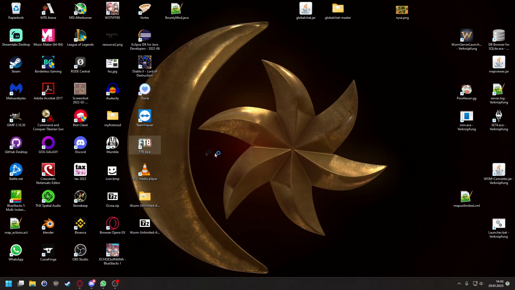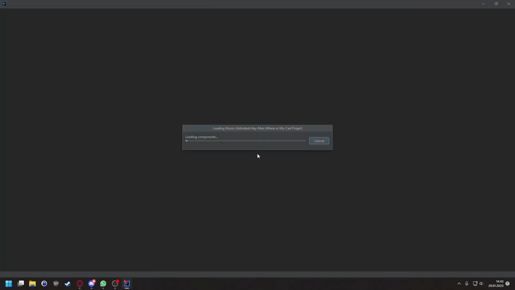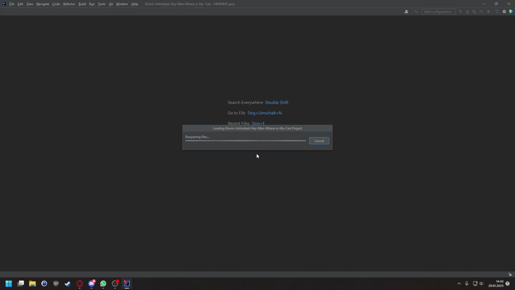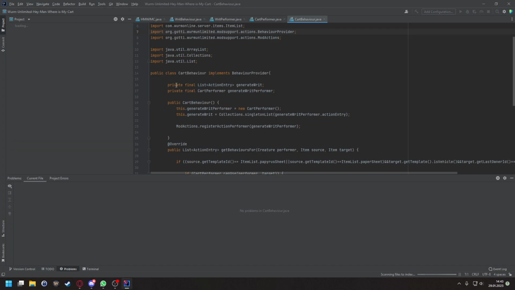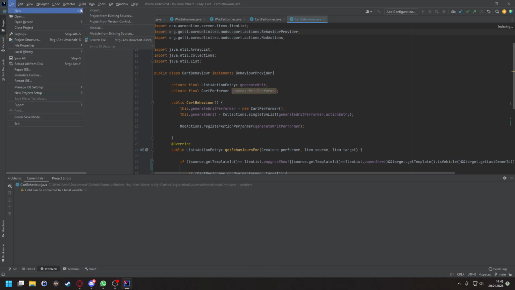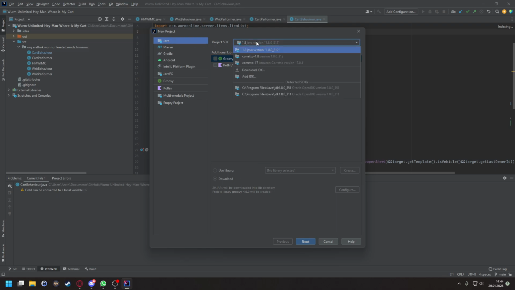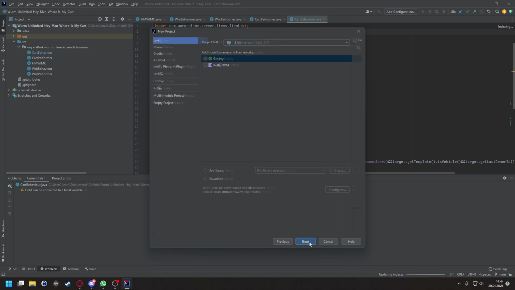So first you need any Java IDE. I'm working with IntelliJ because it's very user-friendly. So I'm just gonna do a new project here. New project, just plain Java. If you don't have a Java SDK, we can look after that later. So we're gonna do next,